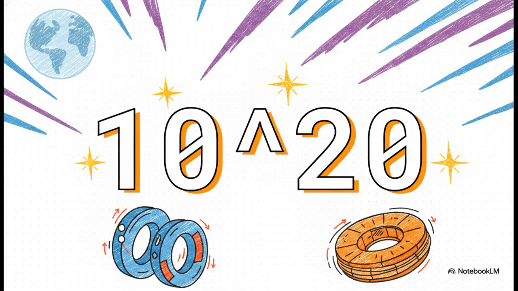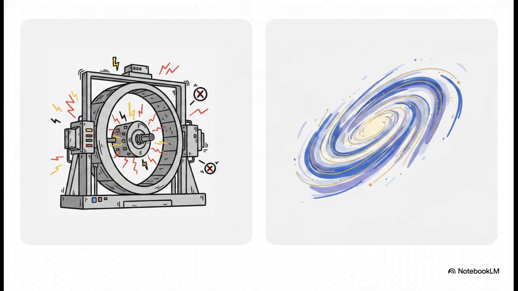Just think about this number for a second, 10^20. We regularly observe cosmic rays smashing into our atmosphere with staggering energies of up to 10^20 electron volts. To reach even a tiny fraction of that power in a laboratory, we have to go through immense trouble, building massive, magnetically confined machines like cyclotrons or tokamaks. It's honestly kind of funny when you think about it.